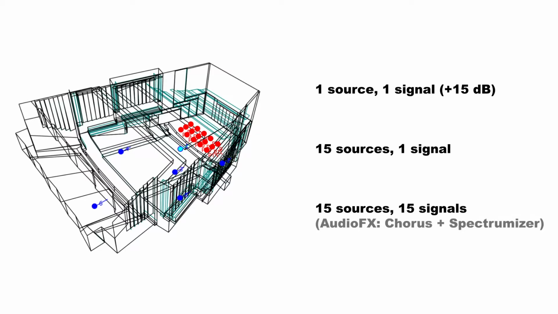And this is possible with these audio effects tools where we have used a chorus effect suited for string instruments and a spectrumizer, which is changing the spectrum of the signal somewhat. So you can say the chorus effect kind of corresponds to having different musicians, and the spectrumizer kind of corresponds to having these musicians playing on different instruments.